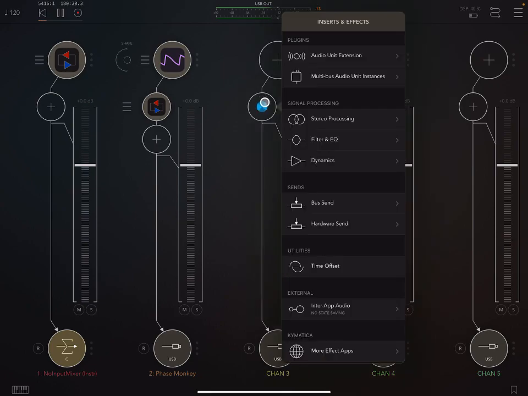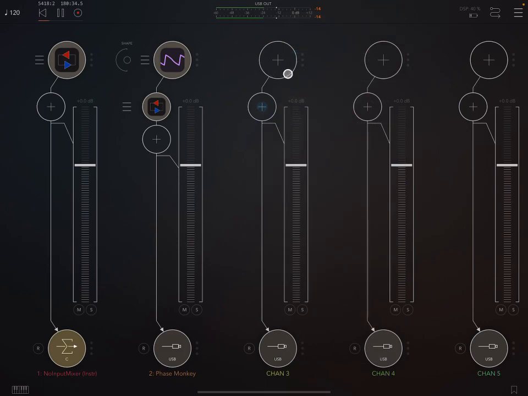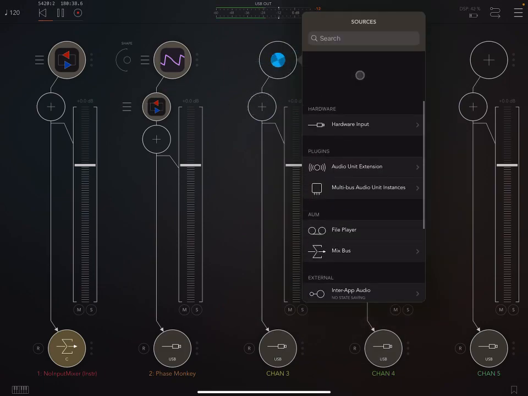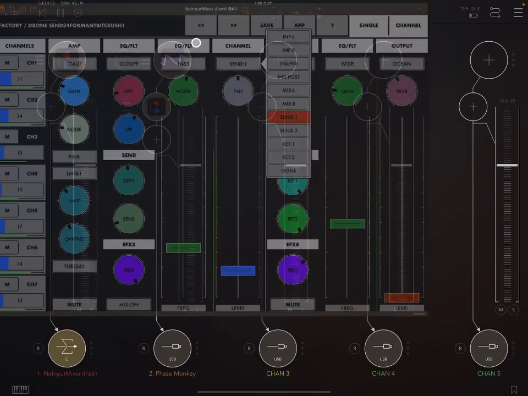I'm just checking, by the way, does this have multi-out? No, it doesn't. These are just some other apps that I'm using. Is there any multi-out for this? Nah, it doesn't look like there's multi-out. Okay, anyway,